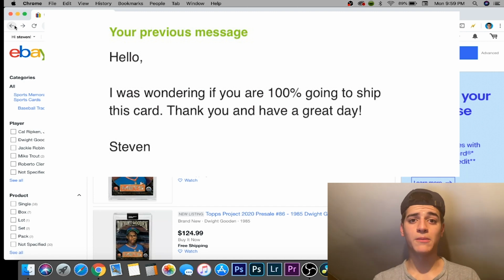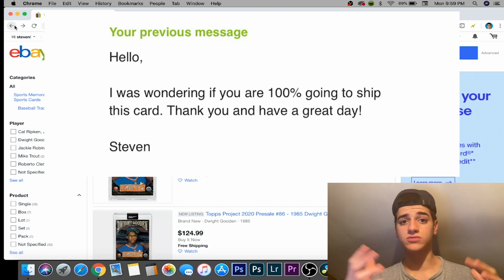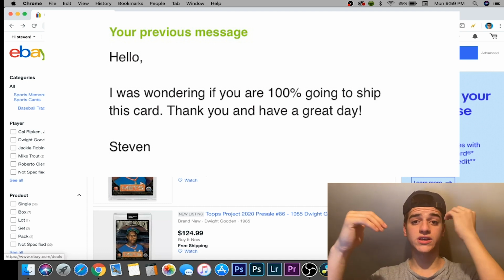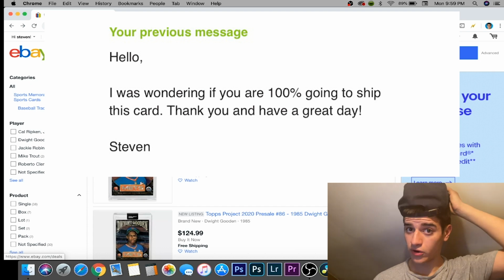Shout out to my boy that I text about cards. He gave me this idea. It's really good. Just do this if you're worried about not getting a card. I contacted a lot of the buyers that I bought from. I bought 3 of these cards, not these Dwight Goodens, but I bought 3 Topps projects. I did buy that Jeter one, and I bought another Jeter one, and I just bought a Mariano Rivera one,